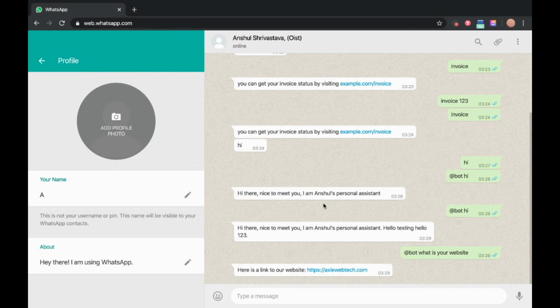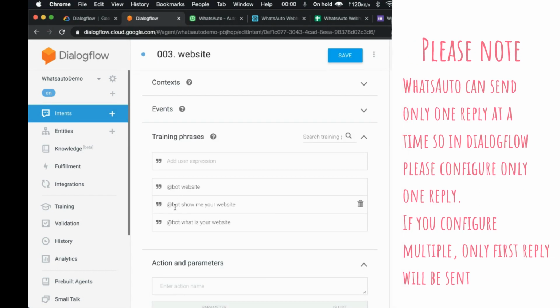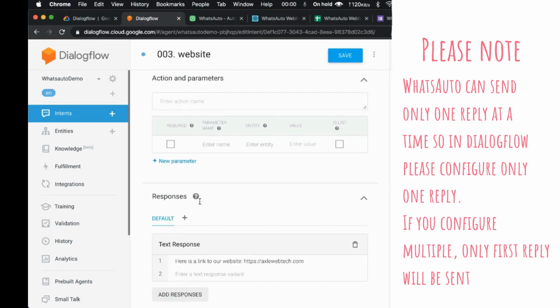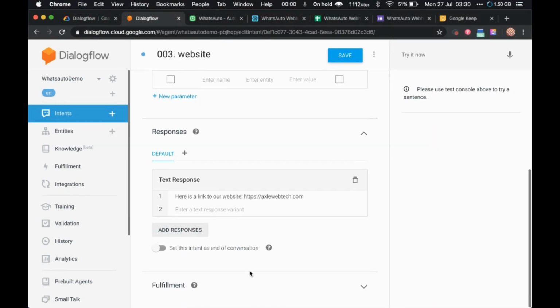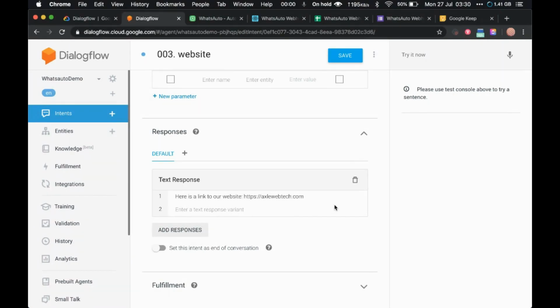And the cool thing is you can now connect Dialogflow with APIs and a number of things, right? I just configured this message here, bot, what is your website? And this is the response. Now if I enable fulfillment and I connect it with API, database, or anything, that response can be shown in WhatsApp through autoresponder. And by the way, if you don't know how to connect Dialogflow with database or APIs or Google Spreadsheet, then you can click on the I button to watch my other tutorial videos on that.